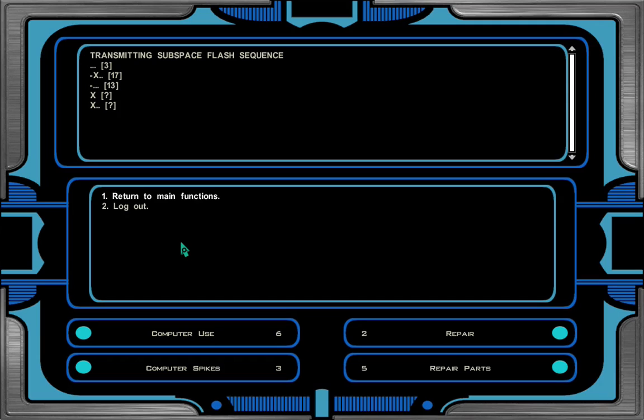Now, I believe in order to actually see that there's numbers that are connected to these symbols here, you actually have to have a high enough intelligence to make that happen. Otherwise, you'll just see this. And you'll have to associate these with the first 3 numbers of the code. So let's see if we can figure out a pattern here. 3 is ... and 13 is ...